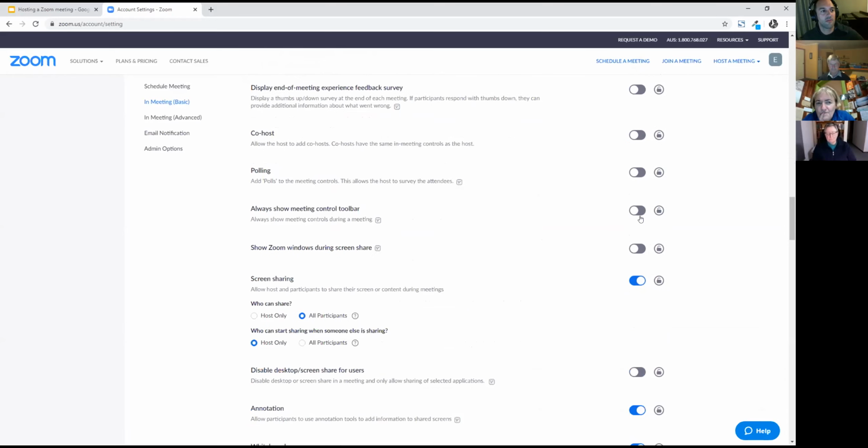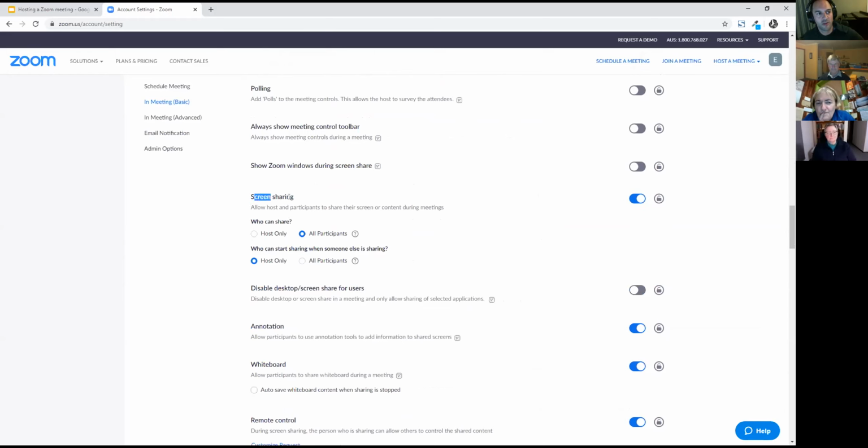Co-hosting. This is interesting. The screen sharing is one that we're going to be looking at, who can share their screen. So before, like I said, one of the things that happened in the Zoom bombing was that people were sharing their screens without permission because this was set to on. So I've let you have this feature in our session tonight that you could share your screen if you wish to as a participant. And that can be very useful sometimes.